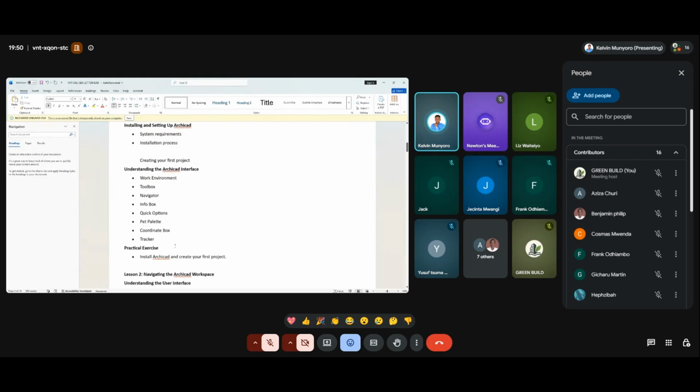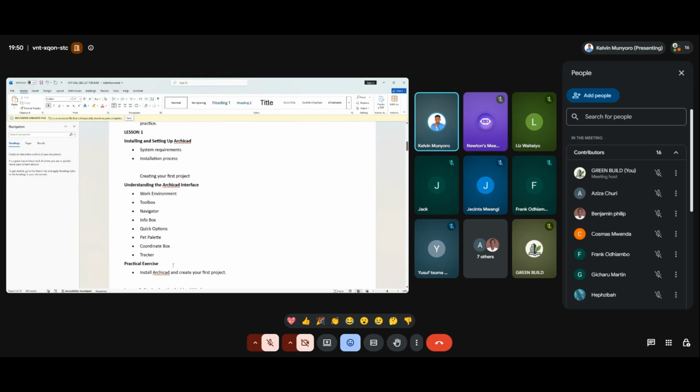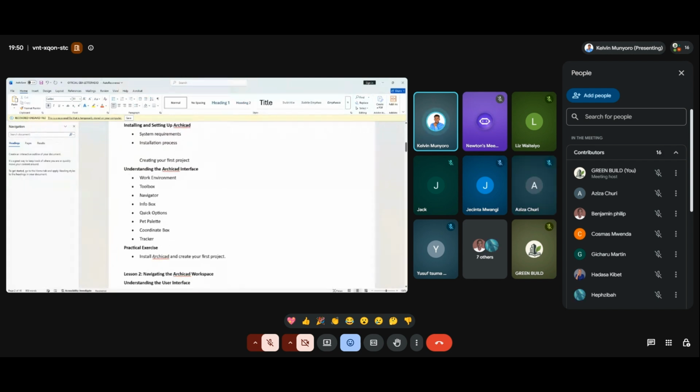And after that lesson, we are going to do a practical exercise. We are going to be doing a lot of this. That is, after every lesson, we are going to be having a practical, to make sure that you get the concepts that we'll have learned in those lessons. We are going to do a practical exercise of installing and creating your first project, and saving it,